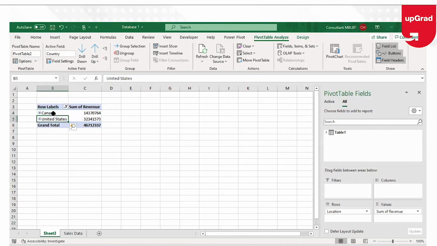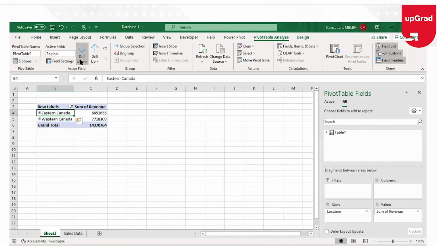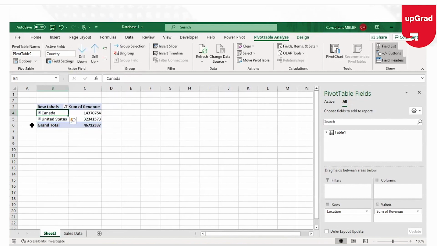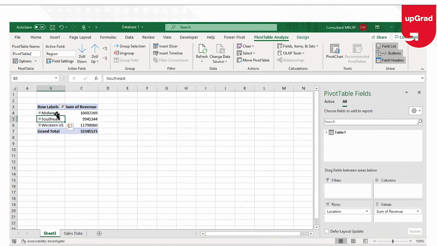Same thing if I go further down and if I want to drill down further, you can see that it is showing me only for that drill down because I had selected only that particular Canada part. I'm going back to country, so let me show you once more. I'll select United States and say drill down. It will only show me data for United States. The Canada is gone away.